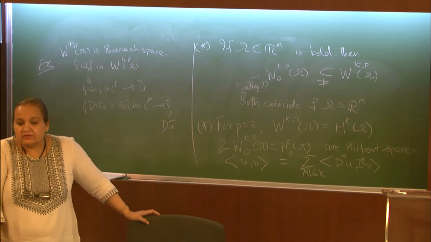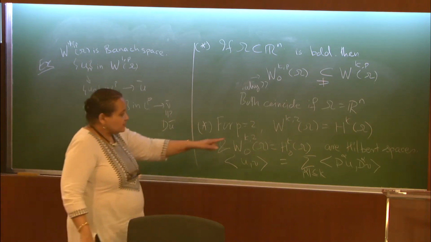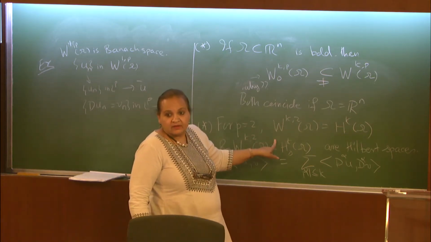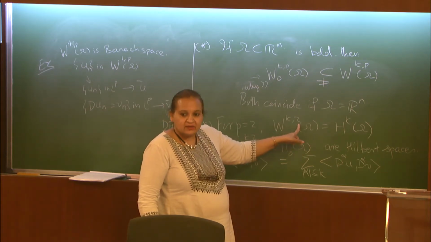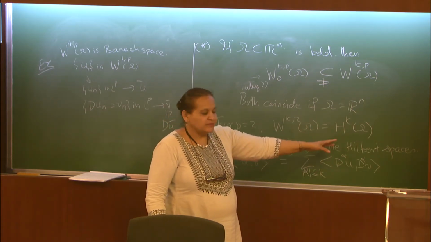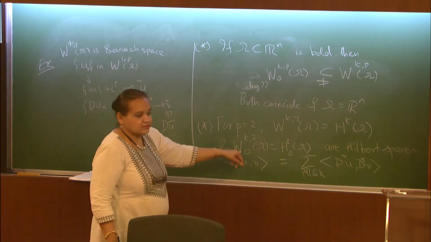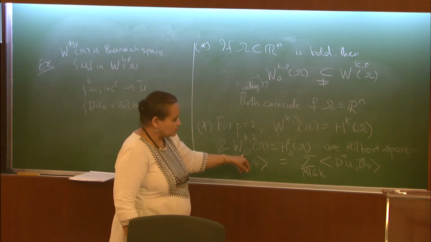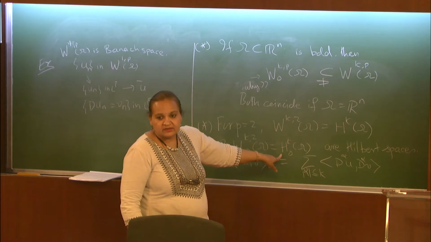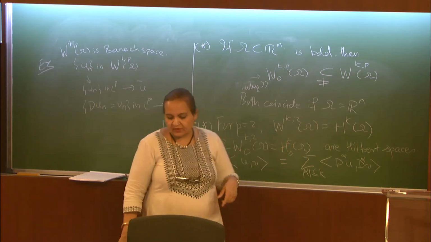H^k is defined. It is a notation. When p is equal to 2, this is a standard notation that people denote by H^k(Ω), and if it is the completion of the C-infinity functions with compact support, then you have H_0^k. So this is the